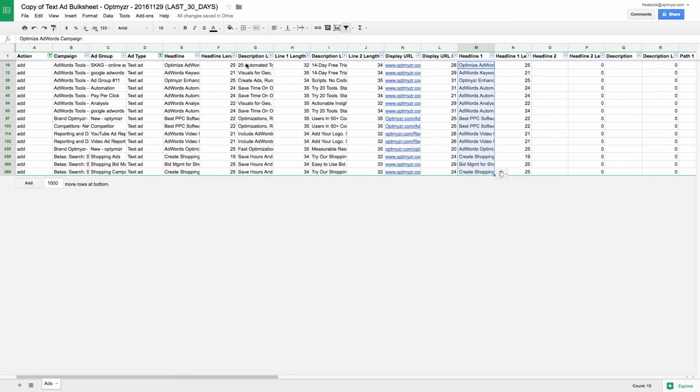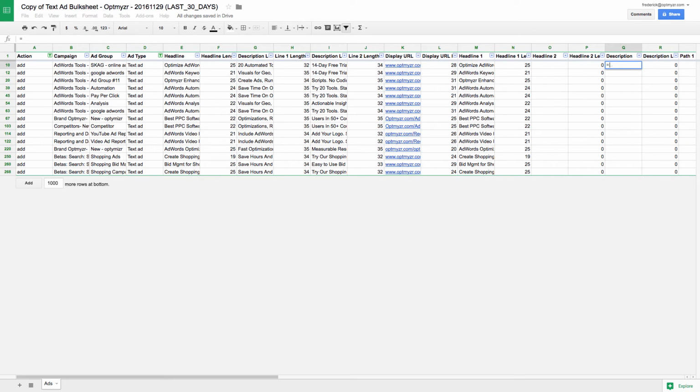Now whether you combine description line 1 and 2 into the new description field, or whether you take description line 1 and try to put it into headline 2 is up to you. And if you've used description line 1 in the past to try and force longer ad headlines, you'll probably want to put it in headline 2. But then sometimes that doesn't fit. So notice here, this is a 32 character description line 1, which would be just a little bit too long for headline number 2. So what I'll do instead is I will leave headline 2 blank for now,